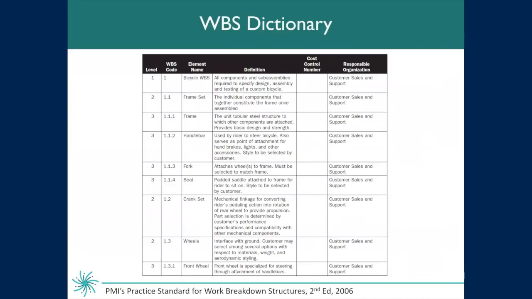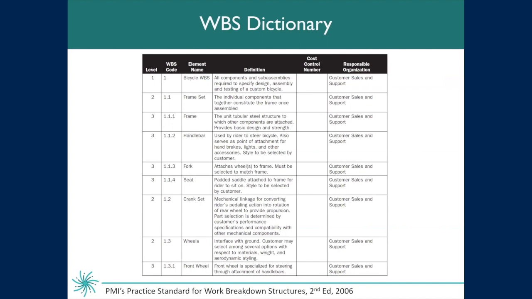You will also hear me reference, when we're working in Smartsheet, the work breakdown structure dictionary. This is an important piece of the scope baseline, as it provides additional details on what each of the elements are. For example, for the frame set, it gives the description, the individual components that together constitute the frame once assembled. This can be a really valuable thing to have so that there is no gray area in regards to